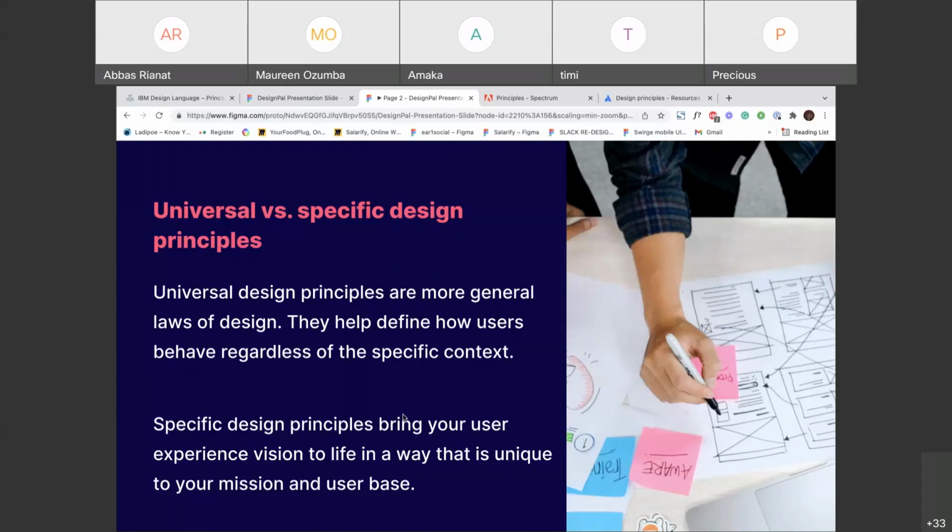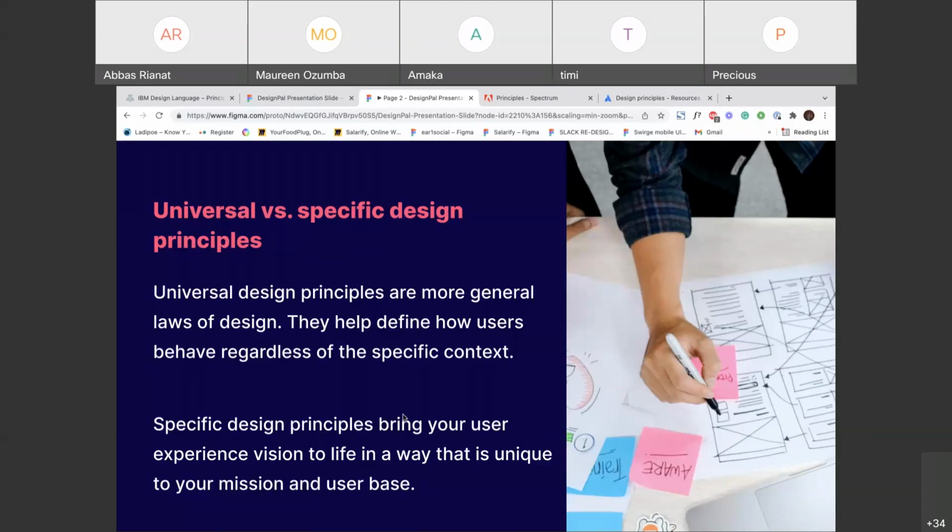It's not that you will not follow the universal, but having your own gives you ownership of your own principle, like you have ownership of your products. You are the one that knows how your users are, what your users are experiencing, what you want the design to solve, what you want the product to solve. So it shouldn't be good if you are building a product without a design principle. So I will say that